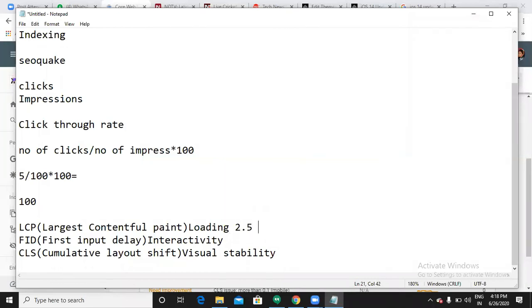Make sure that whatever large content you have, like videos, can be loaded in less than 2.5 seconds. That is very good. If it is more than 4 seconds, it will show you a warning. This is what LCP means.